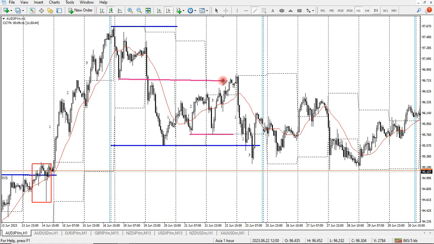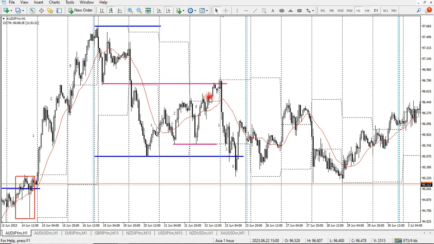If you look at my previous video where we were talking about entries, we spoke about markets giving you a pattern. 1, 2, 3. They break out of it, then they pull back 1, 2, 3. They pull back in 3 pushes, in this case on a 1 hour time frame, because markets are fractal. So whatever happens on a smaller time frame will happen on a bigger time frame. So they traded back in 3 pushes, then they fell to the low of the week.